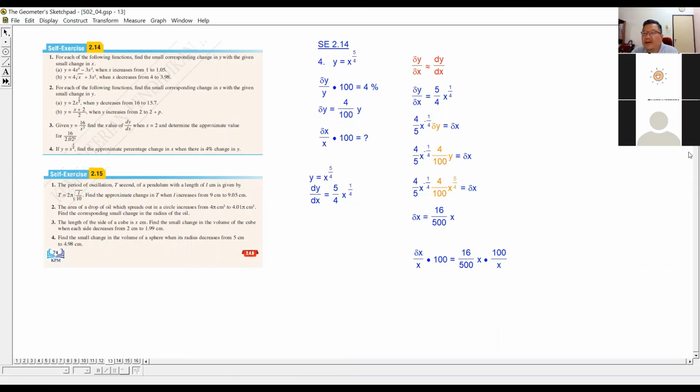Okay, then our answer is the x and x can cancel off. So we are left with 16 over 5. The 100 and 100 also cancel off. 16 over 5 is what? 3.2. And because this is percentage change in x, I can put the percentage sign behind. So finally, x increases by 3.2%. Okay, so this type of question is approximation. So I repeat,